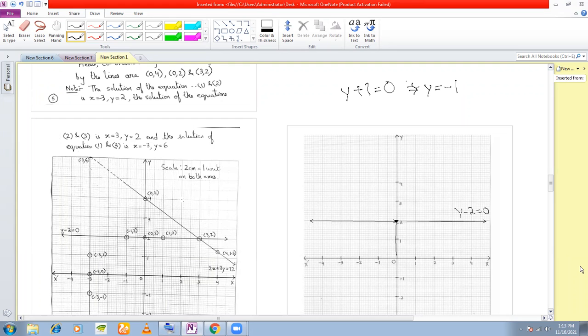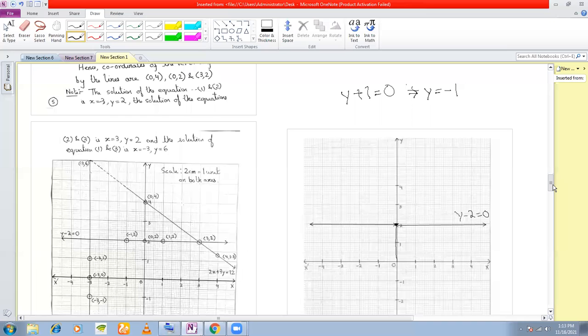Sir, it should be parallel to the x-axis. It should be parallel to the x-axis, definitely, because y is equal to b is the form. But where? See, y is equal to -1, isn't it? So from the origin, we are going to move 1 unit in the negative direction. So where do we land up? Here. So now from here, we are going to draw a line parallel to the x-axis. Clear? This line is y plus 1 is equal to 0.